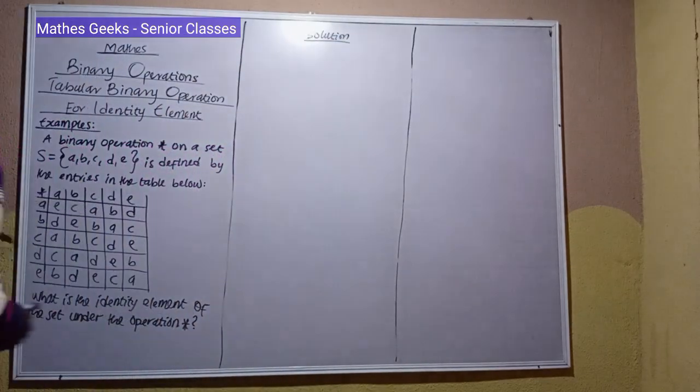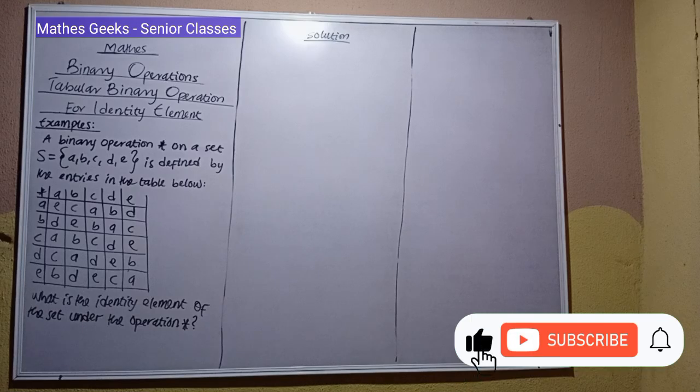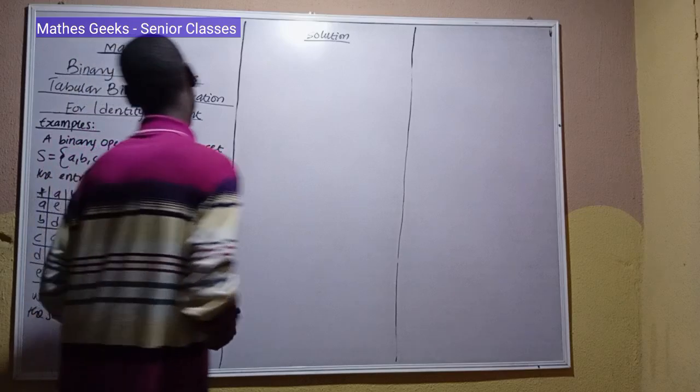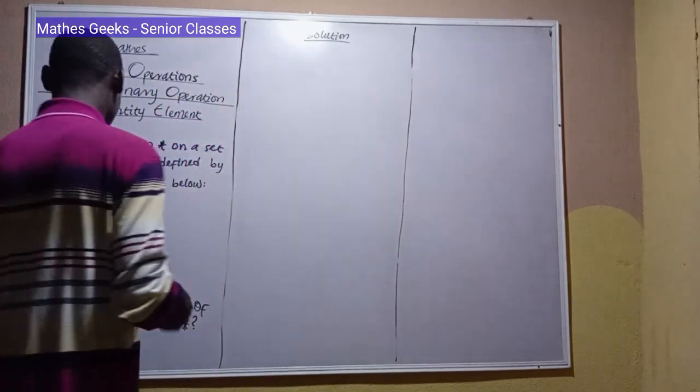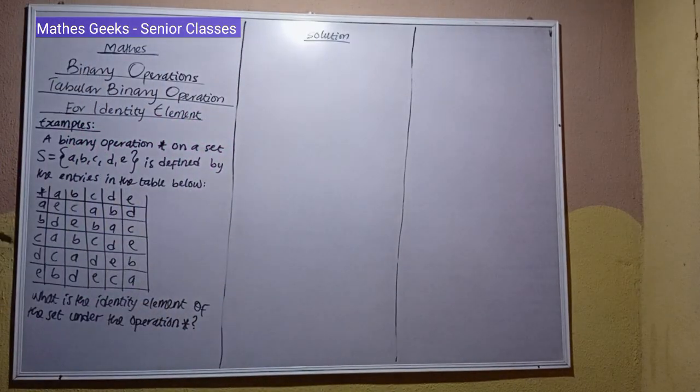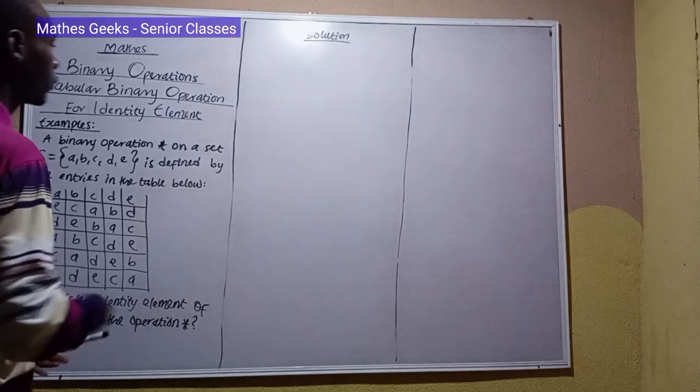So a binary operation star on a set S with members A, B, C, D, E is defined by the entries in the table below. What's the identity element of the set under the operation star? To go about getting the identity element of the set under the operation star, we need to